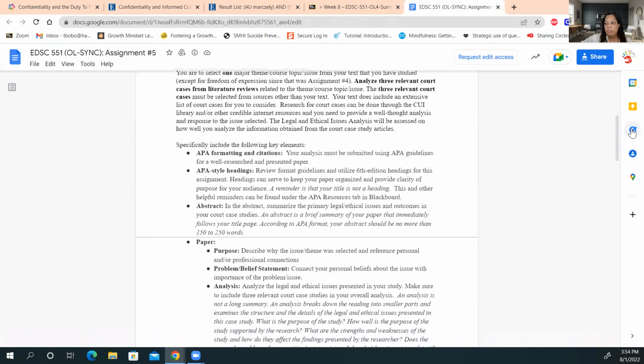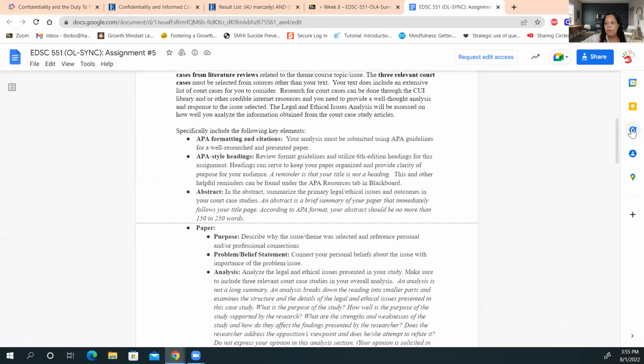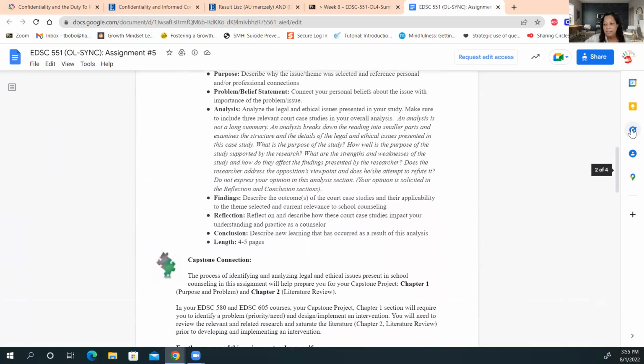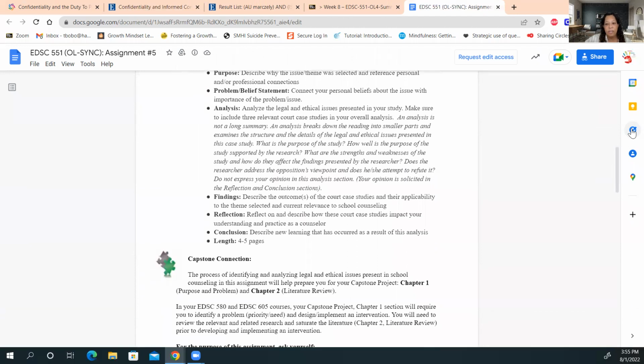Then when we begin to write about it, we are going to write our abstract, have a purpose, a problem and belief statement, an analysis of it, the findings, the reflection, the conclusion. And those should all be subtitles in your papers, okay?